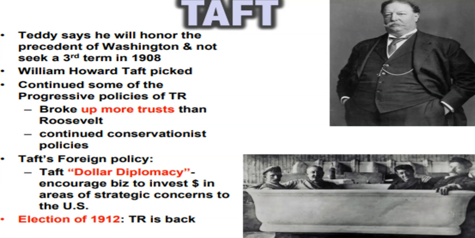He basically continued TR's progressive policies, and he actually broke up more trusts than Roosevelt himself. He continued conservationist policies, but he did change the policy of Theodore Roosevelt, or the big stick policy, and instead adopted the policy of dollar diplomacy, which encouraged businesses to invest money in areas of strategic concern to the United States. By the way, TR, or Teddy Roosevelt, came back in 1912 in order to run again